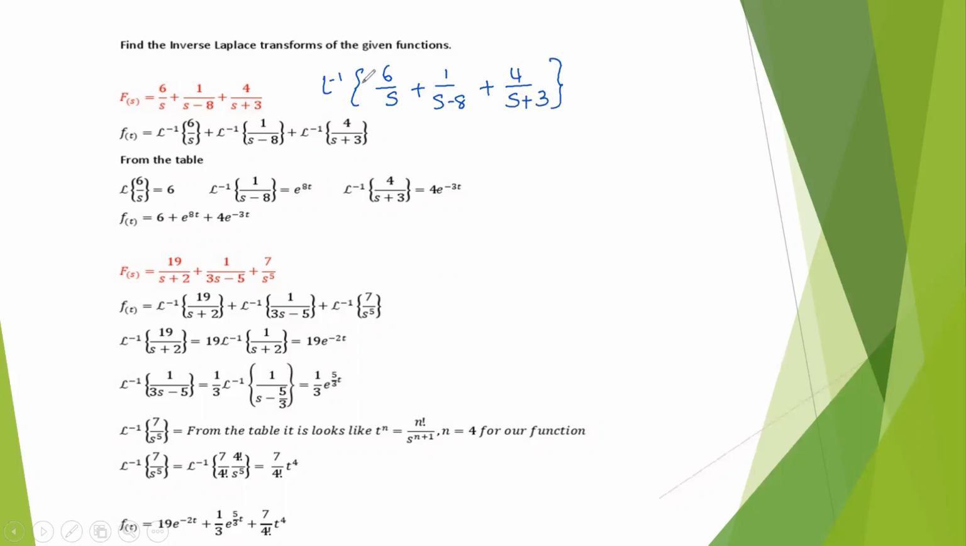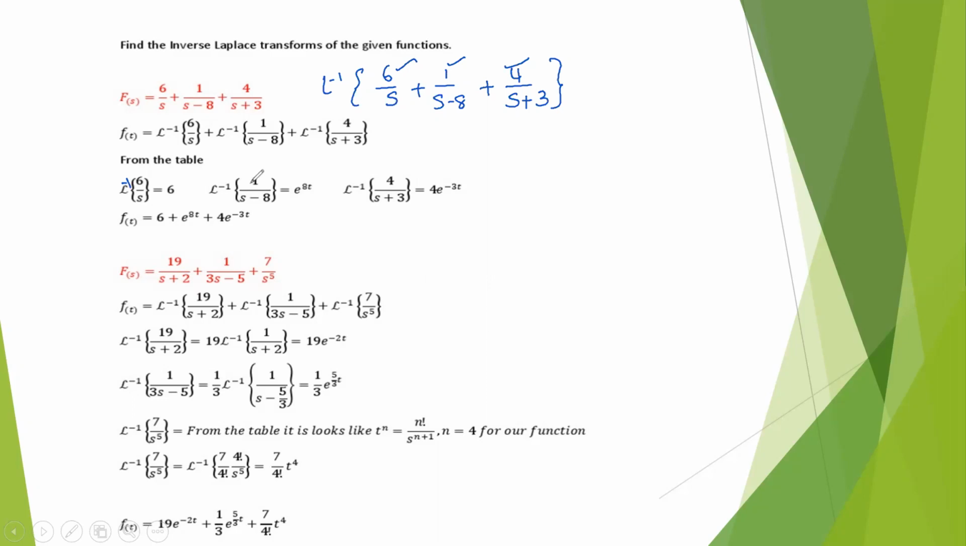So the inverse Laplace operator will be separated for all the three terms here. Then it will be written as inverse Laplace transformation of 6 by s, plus L inverse of 1 by s minus 8, plus L inverse of 4 by s plus 3. And separately, if we try to find out their respective inverse Laplace operators,